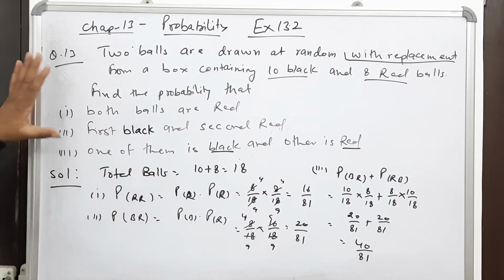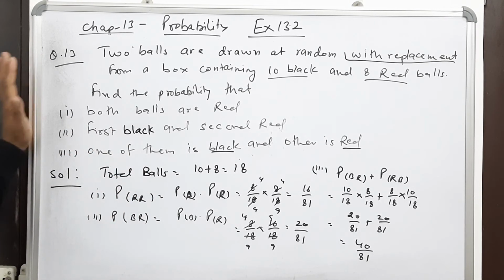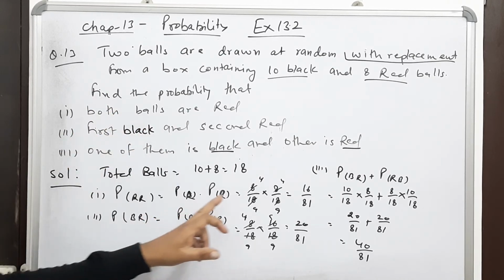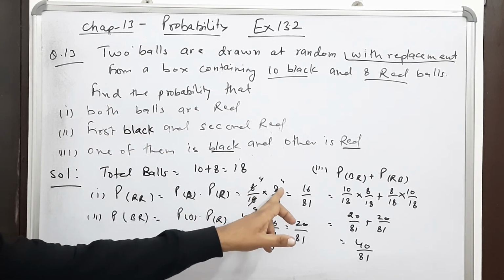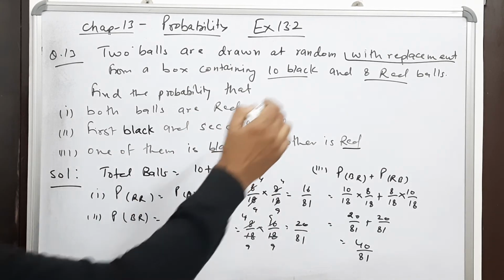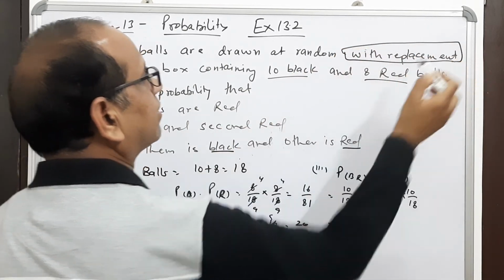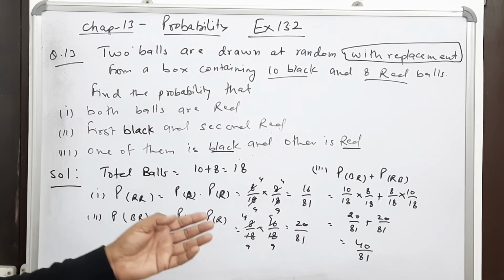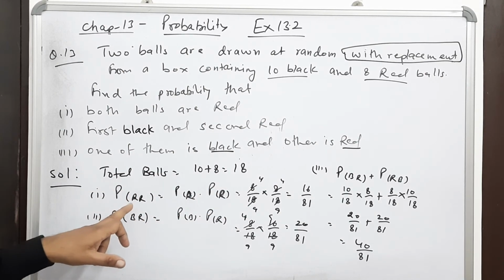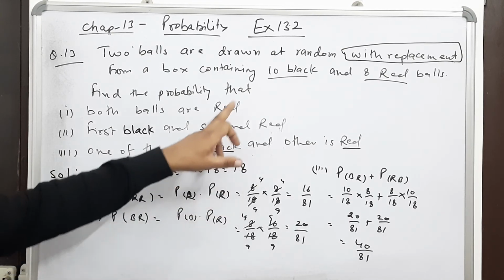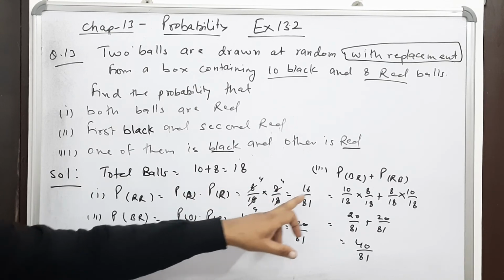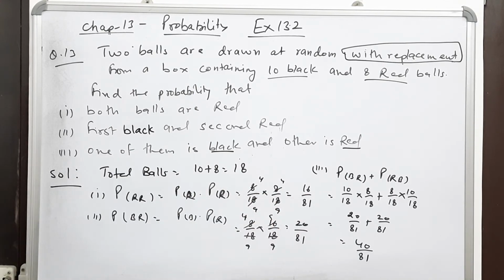So in this way, this problem is very important. It has multiple concepts. And why are we directly multiplying? Why not 7 upon 17? Because it is told here with replacement. When you say with replacement, it means it is an independent event. Once more I am explaining to you. Red, P(red), how many? 8, so 8 upon 18. 8 upon 18 gives 16 upon 81.